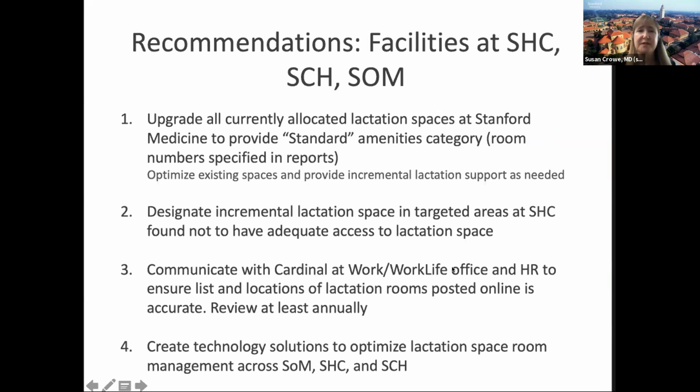The recommendations were broken down into targeting certain groups, and I'm going to highlight those categories. So to our facilities leadership, at Stanford Healthcare, Stanford Children's Health, and the School of Medicine, we recommended an upgrade of all currently allocated spaces to meet standard amenities categories. You can see the full report. We have a link at the end where you can see a summary, and there will be a full report available as well. Standard amenities include a hospital grade pump to be